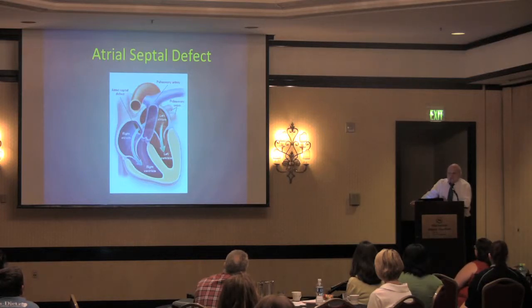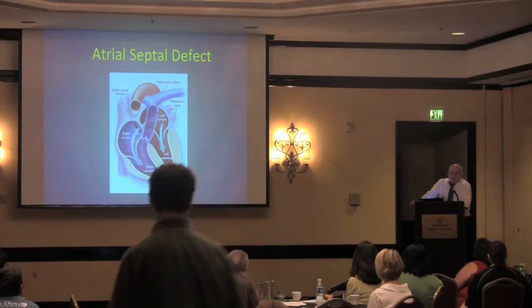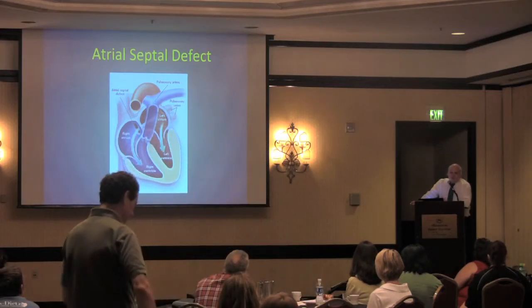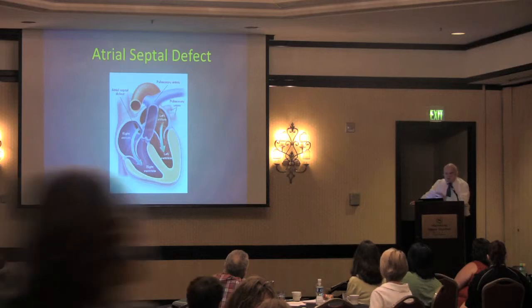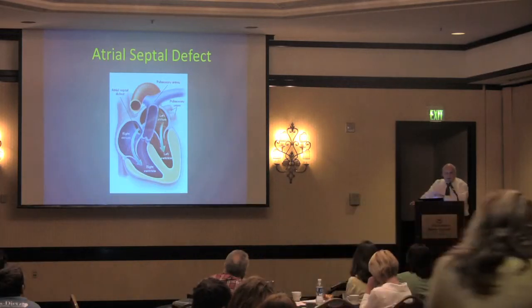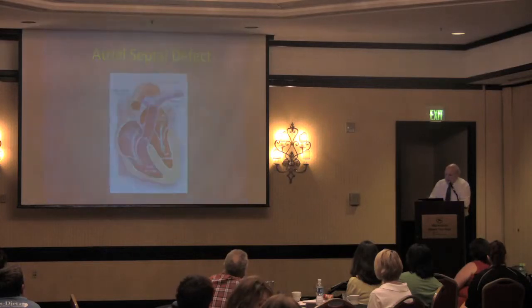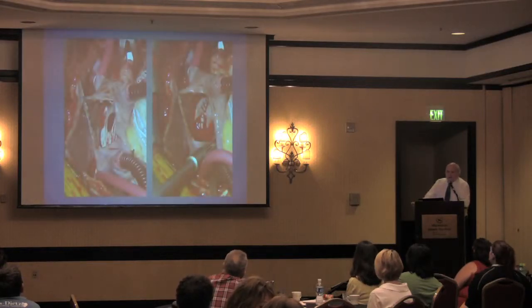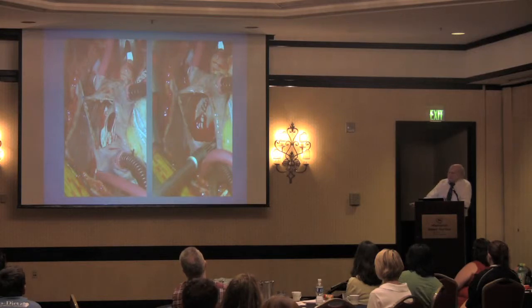And there are ways to measure that and also measure how much blood is actually going through it. And it has to be a pretty significant hole to warrant doing something about it. Many of these children also have this in addition to their aneurysm, so if we're there in the operating room taking care of the aneurysm, we close the hole as well. That's pretty straightforward. Now, if it turns out that there's a hole without an aneurysm, and you have to think about whether or not you should just go in and fix the hole,